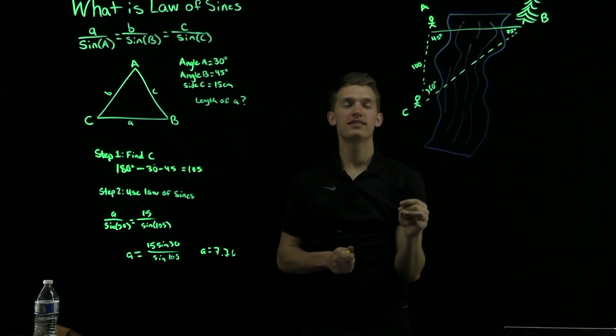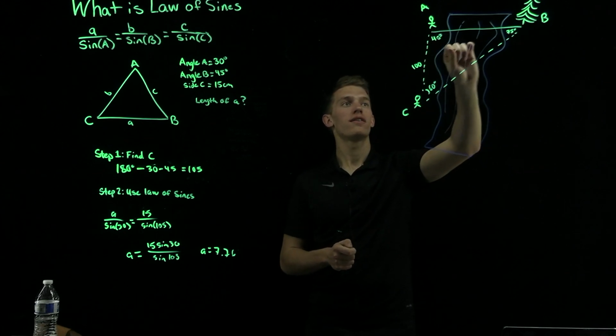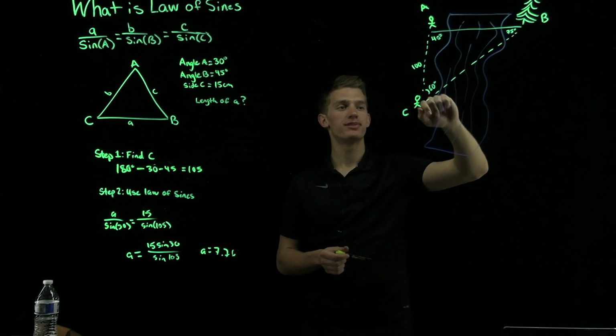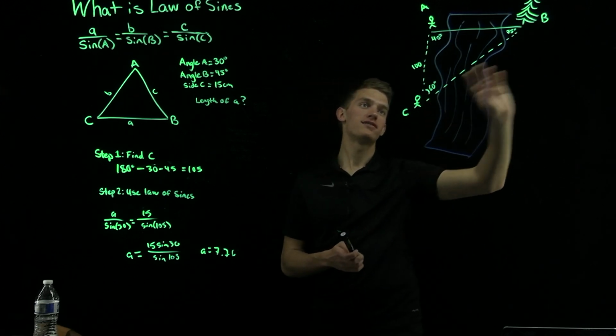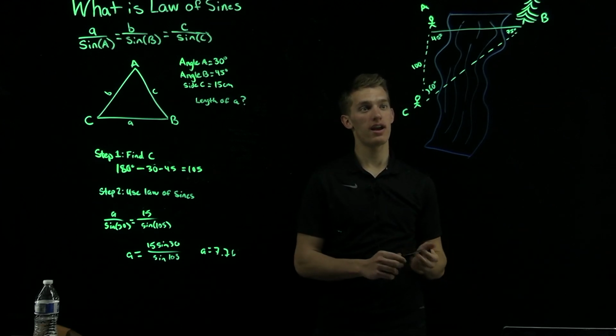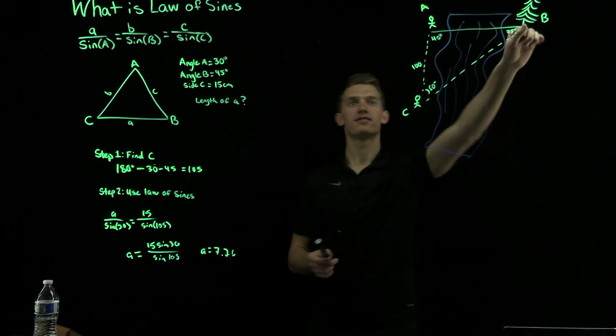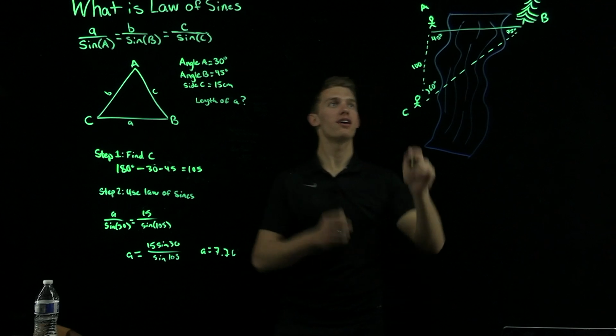And as he chooses that, he knows the angle, and for all intents and purposes, this angle is 45 degrees and this angle is 60 degrees. And so if you minus those from 180, you get 75. So this is 75 degrees. Okay, how that would work? You have